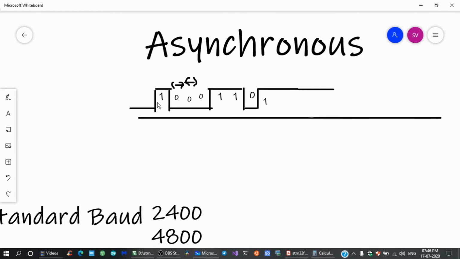So the UART recognizes each bit. The width of this high bit is 104 microseconds, followed by a 0, and this 0 is checked for 104 microseconds, followed by the next 0. In this way data bits are recognized. Mostly the start bit for a data frame is 0 and the stop bit is high.